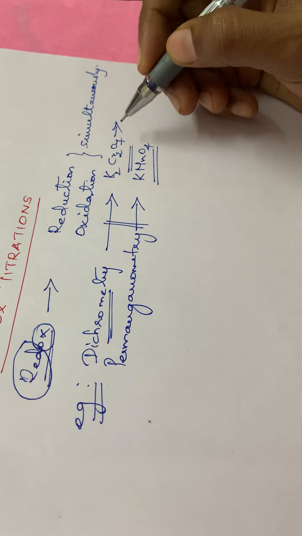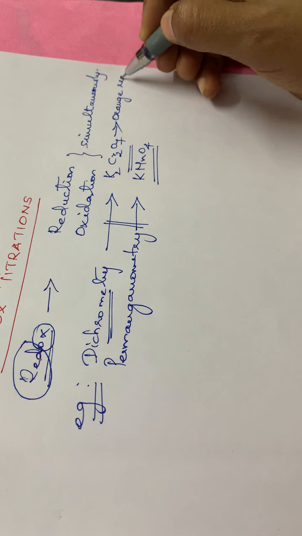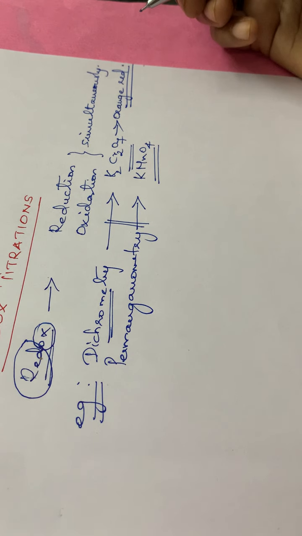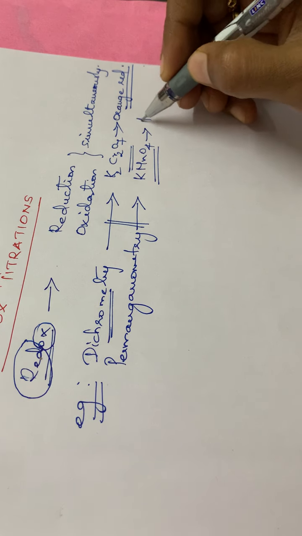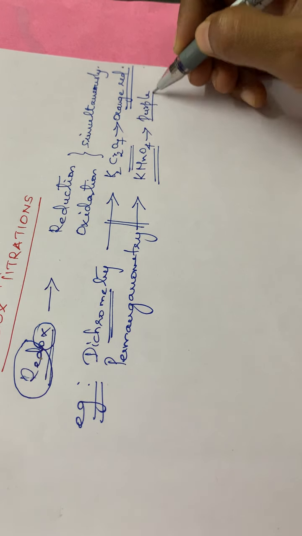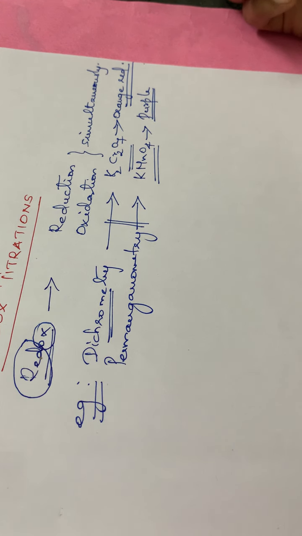You might have seen this potassium dichromate. It is having a very shiny appearance and also a very sweet color. It is having an orange red color. And also potassium permanganate, it is purple in color. It is also a very shiny crystal. So it's very beautiful to see both the crystals.